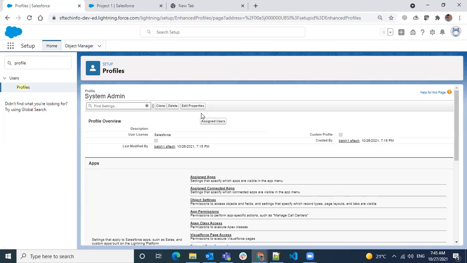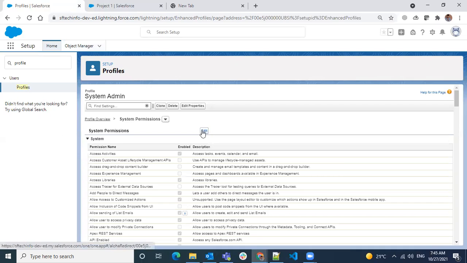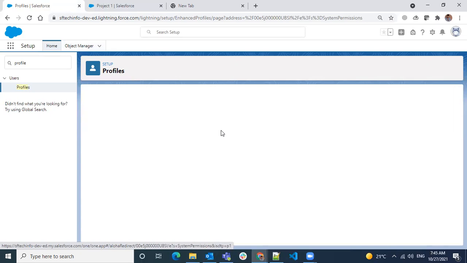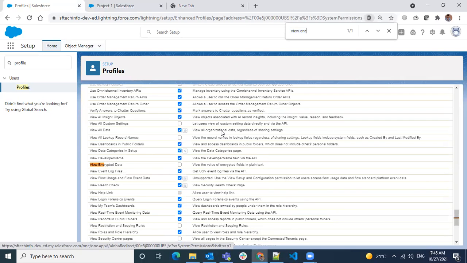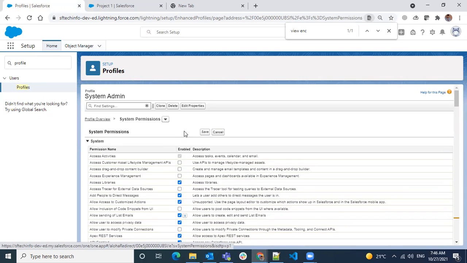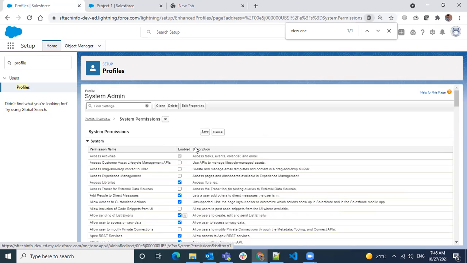View encrypted data. Edit. So, view encrypted data: when you check this box, only those profiles can see the encrypted data. I'm saving this profile.